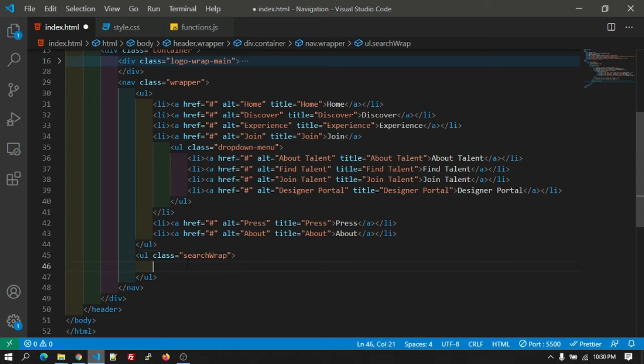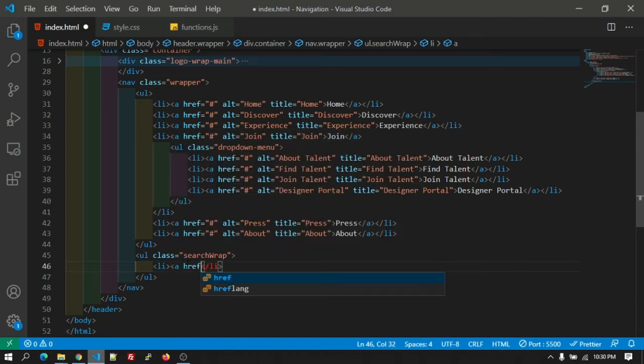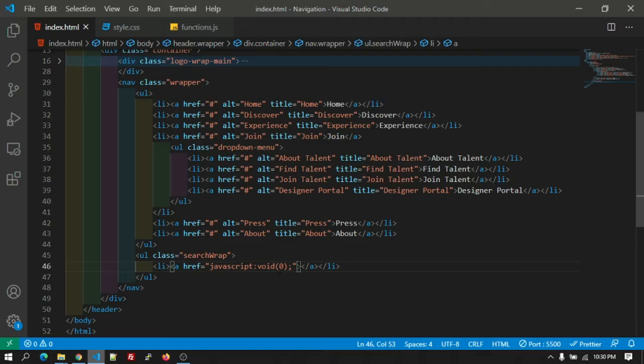Okay, inside that, let's add li and say anchor tag. Okay, inside that, let's give the JavaScript void 0. It will show the hand, but it will not click. Okay, it will not take you anywhere after clicking on this anchor tag. That's why we have written JavaScript void 0.